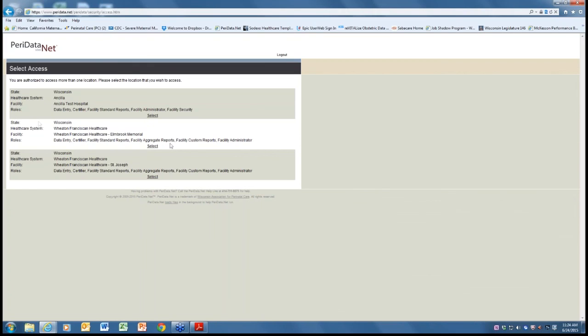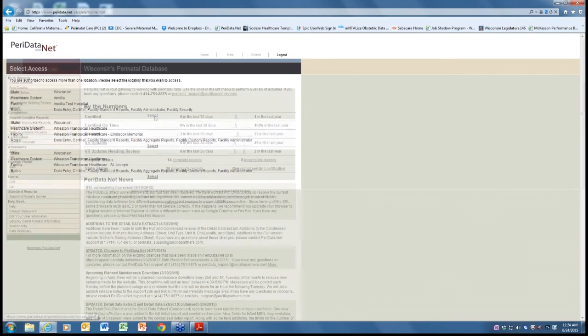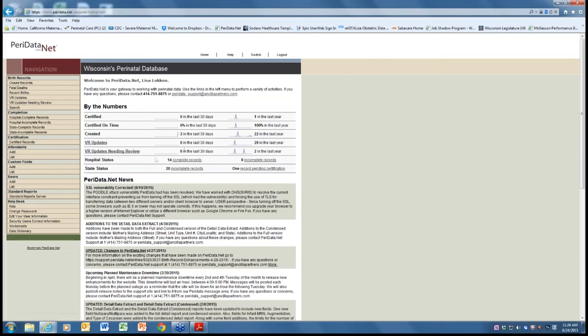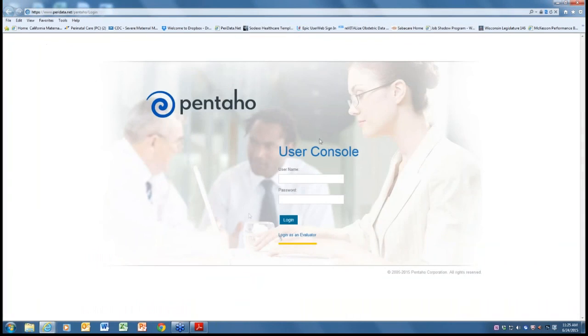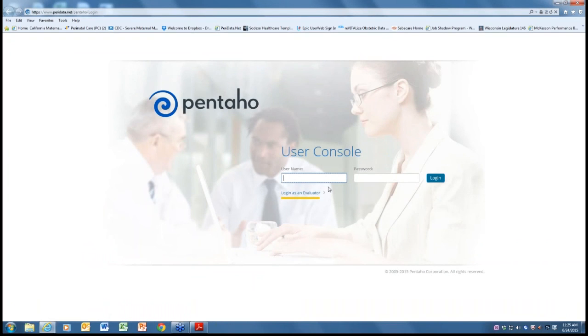So like Jordy showed, we have a couple of different hospitals that I have access to. So I'll go into Ancilla. And if I'm in here, and then I want to go into the standard reports server, because that's where I'm going to go to do my reports, when I bring that up, in Pentaho, it's up and down here, and we need to have it sideways. We go up here in the top right, there's a compatibility view. And when I do that, it brings it out this way, which is what we like, what will show it best